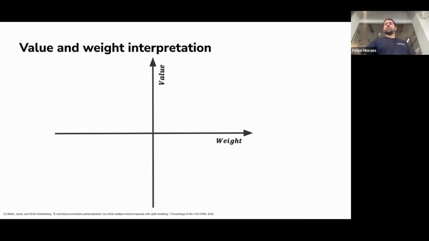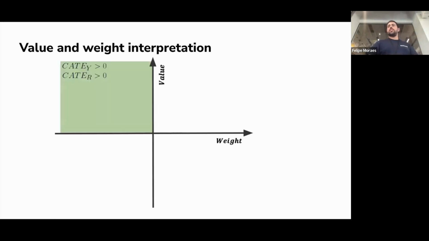This can also be seen in 2 dimensions, kind of a multi-objective problem, where one of the axes is your value, how many extra conversions you are bringing. So the rate of conversions, so extra conversions. And the other axis is the rate of revenue, the negative revenue. So what this means is there are 4 areas, and they have very clear interpretations.